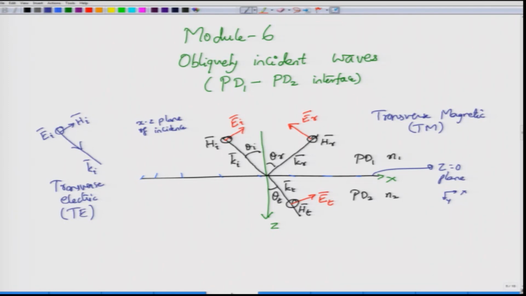Any wave of course can be split up into TM and TE, that is, if we have a wave which has both some components in the plane of incidence as well as a component along the y axis. Similarly, for the magnetic field which has some component along the plane of incidence as well as a component along the y axis, you can split the total electric and magnetic fields into TE and TM. So, you can pair them off independently, so that you are dealing with TE waves, then you are dealing with the TM waves, and then the results can be superimposed, right.